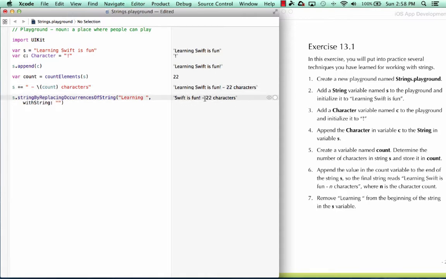Now you may notice that it says 22 characters. It said 22 characters for this string, but 22 characters for that string. Do you know why? Well, the answer is playgrounds are executed from top to bottom. So at the point where we create the count, the string actually does have 22 characters. So if we wanted to see what the character count is when we get further down, what we can do is this. We move this code, these two lines, so I highlight all of it, I type Command X,